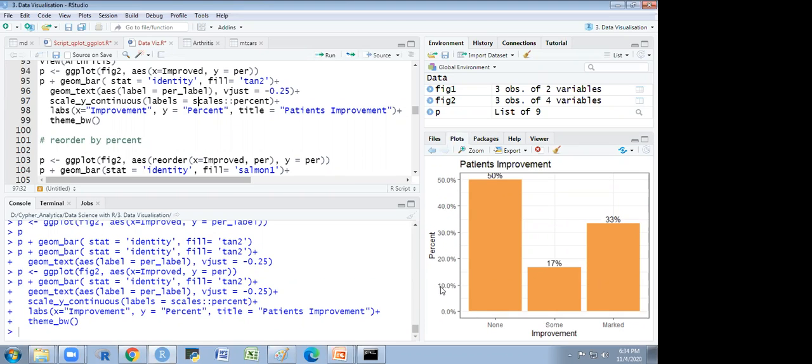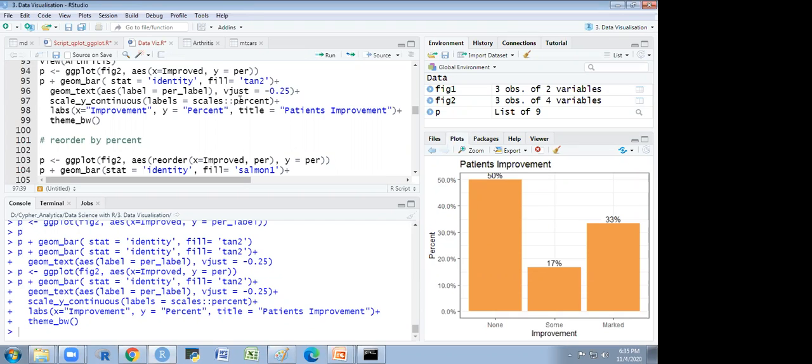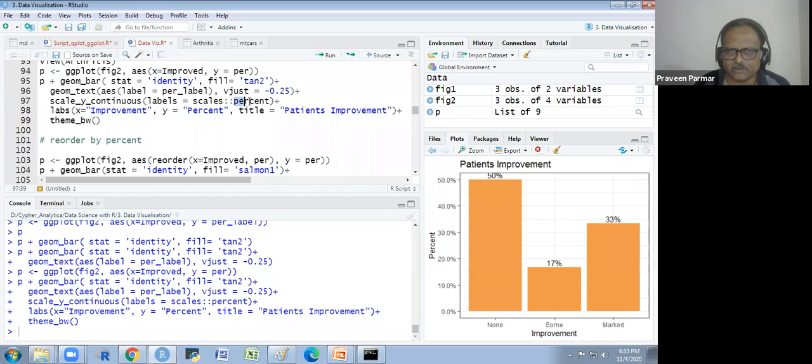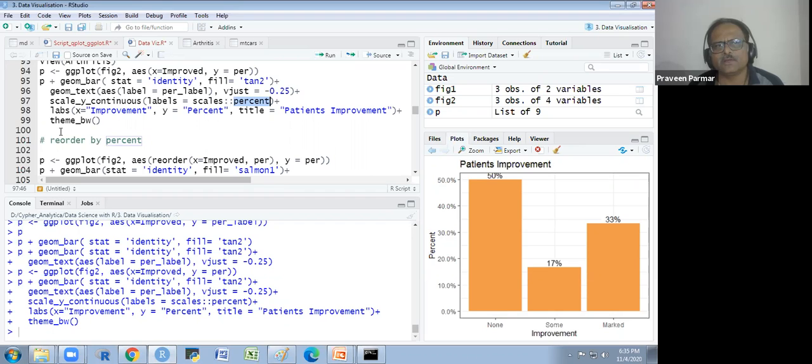So what does the double colon symbol stand for over here? That is a double colon we are taking here for the scales. There are so many things in the scales, the sub functions, and percentage is one we are taking. We have some other things also in the scales. Instead of percent, you could take some other thing also. So just to take percent, we are using the double colon symbol. We have some other things there, not only the percentage. We could use the G value, we could use some other distribution also. So basically this double colon symbol is for what? Like extraction? That is for extension of a function.